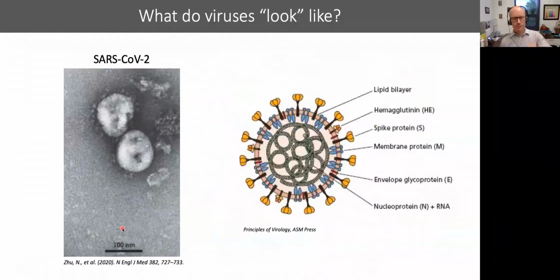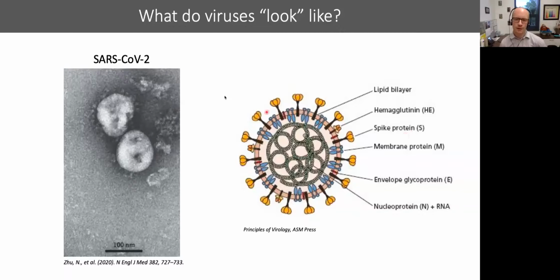So what about SARS-CoV-2? Well, this is a structural model of a coronavirus. The key features that I'm going to point out is that the genetic material of coronaviruses is RNA. It has a lipid bilayer around it. So that's what this pink thing is in the middle here. And at the top, poking out of the viral membrane, are various proteins, including the spike protein, which is going to be very important for us going forward.